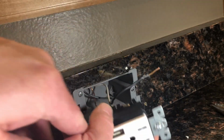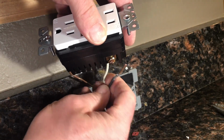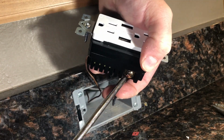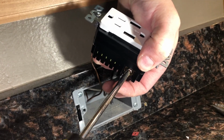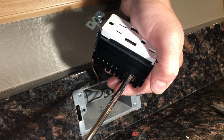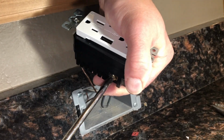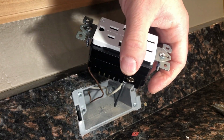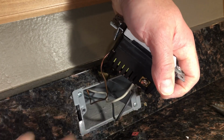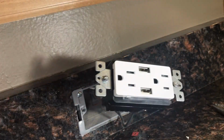And then we'll flip it over, twist it back. Drop that down. There we go. I'm holding this up and stabilizing the receptacle as I'm tightening. As you see how it skips, it torques out. Then I do the pull test. I am pulling pretty hard. It's not budging. And then I do a little bit of a turn. Now it's time